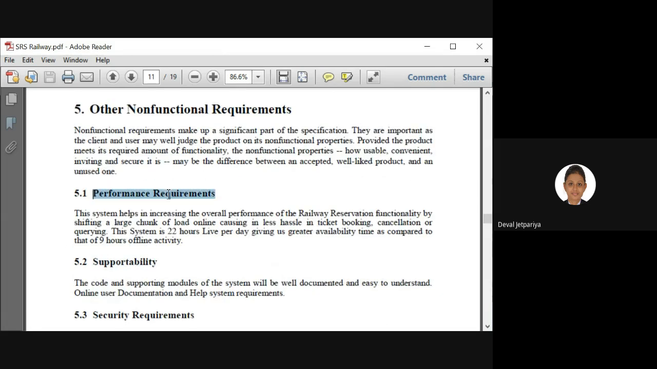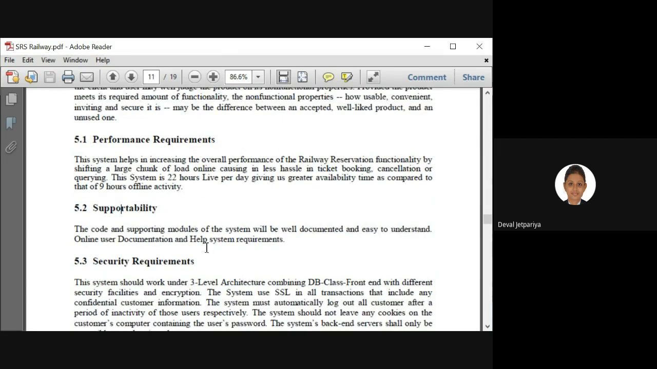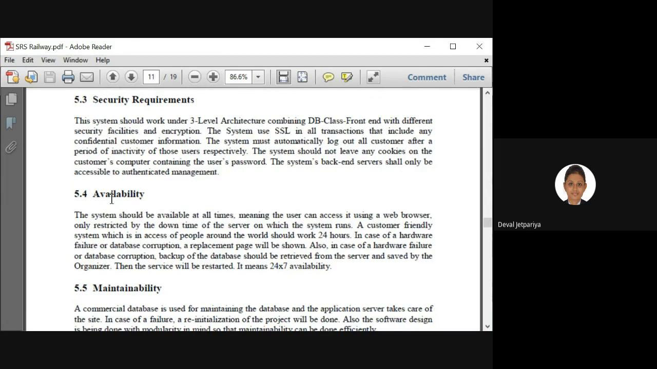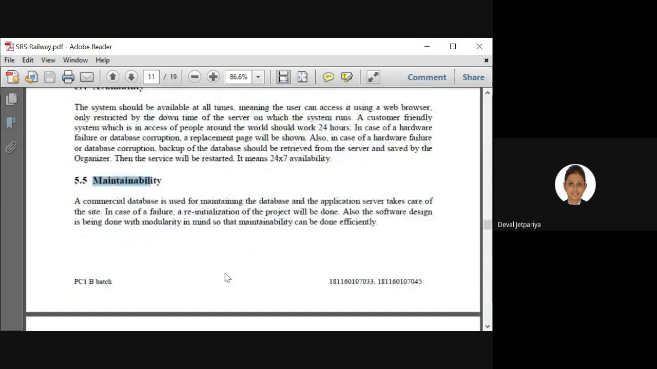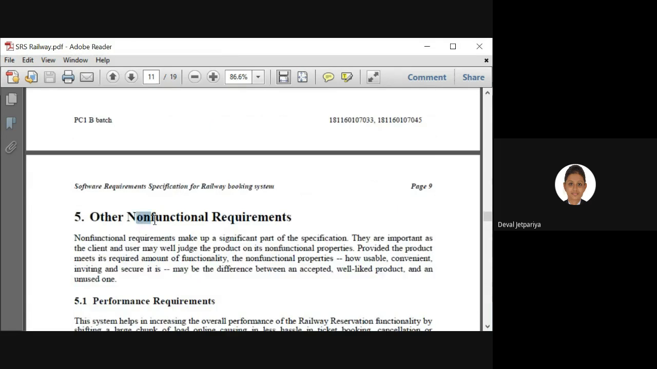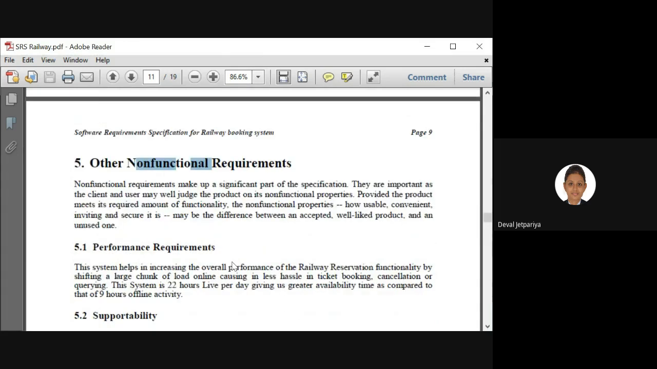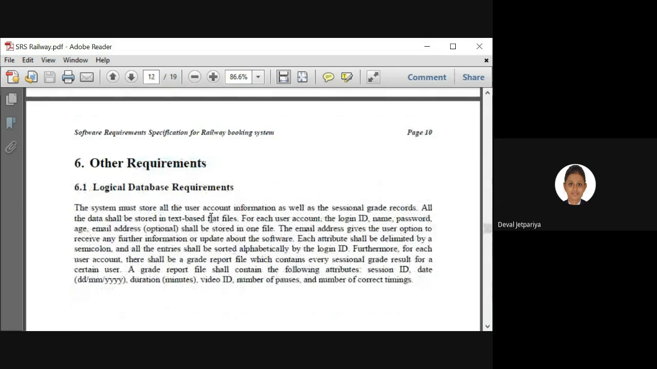You might have similar requirements regarding your project, right? Like performance, support, security, availability, maintainability. So you may refer to these in your system as well. That is when you can keep the same non-functional requirements for your project. That is fine. Okay. Now, once we are done with chapter number 5, you can mention the other requirements